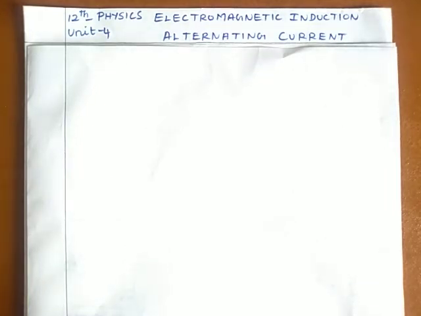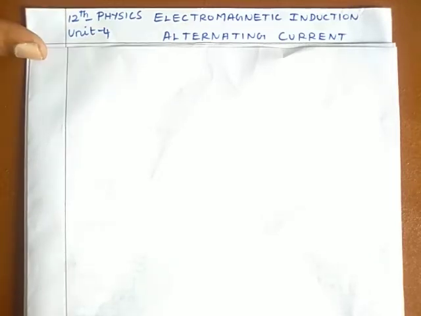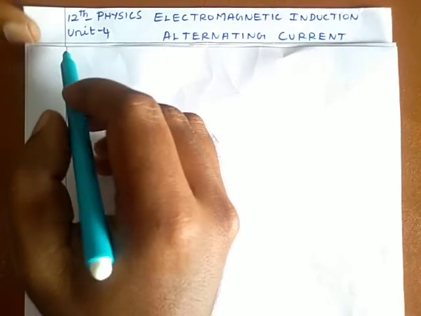Hello students, class 12 physics, unit 4 electromagnetic induction and alternating current continuation video. In our previous classes we learned about alternating current, then phasor. By using the phasor we found the phase angle between current and voltage in a series RLC circuit, inductor circuit, capacitor and resistor circuit. Then we also found the expression for average power of an AC circuit. In today's class let me see a new topic, that is oscillation in LC circuit.